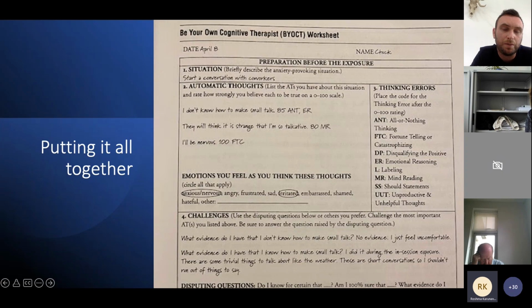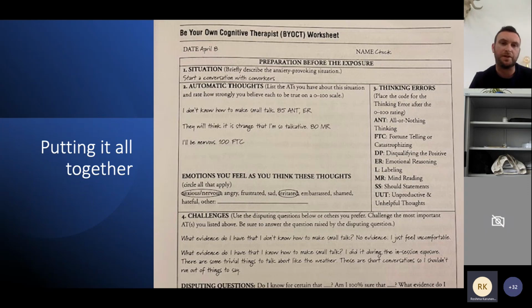So getting them to become more familiar with their thought patterns. Then what to do is to add in thinking errors. Okay, so you can see thinking errors over here, number 3. And we have all or nothing thinking, black and white, fortune telling, not looking at the positives, the feeling bit, feeling anxious, I'm going to be in danger, mind reading, should and must. What the person does is basically write down some of the mistakes that they make. Okay, they can also see like 100 there and a little 80%. And this is kind of for the person. Well, I believe I'm going to be nervous 100%. I believe that I'm not going to be able to make small talk, maybe 85%. So again, it just gives you a good rating on which thought is the strongest.